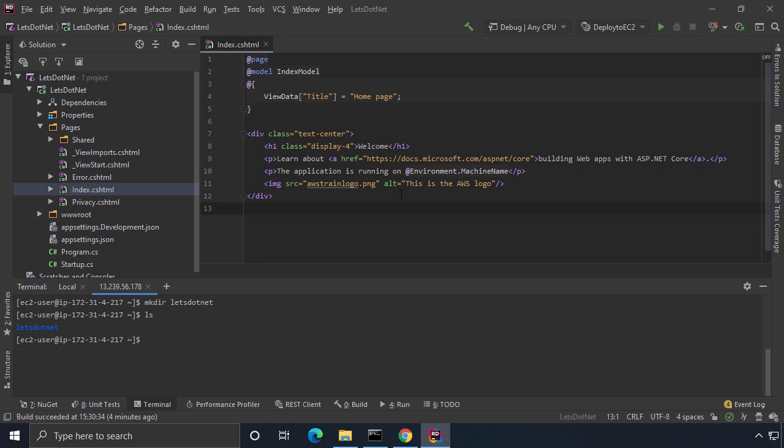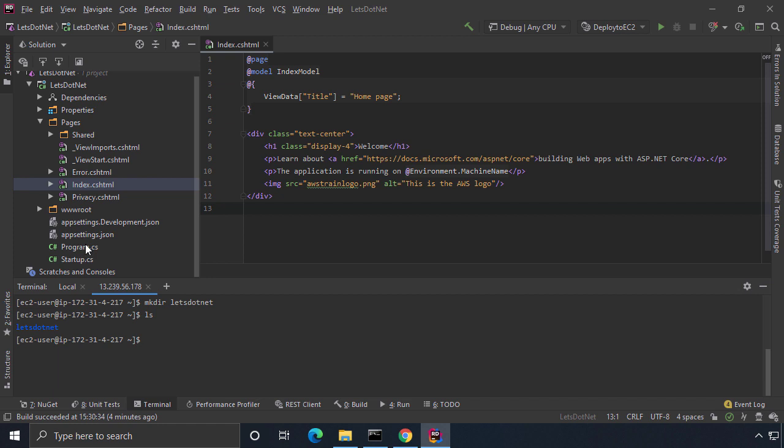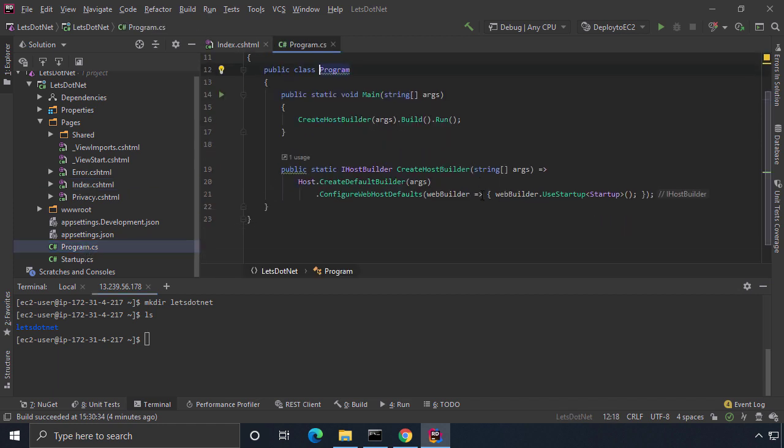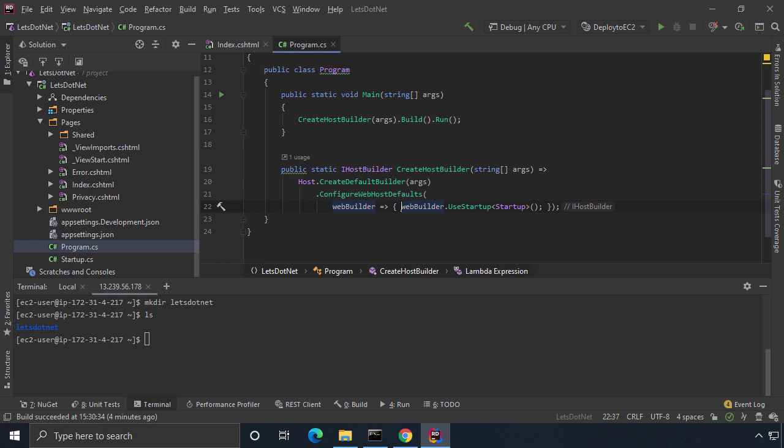Great. Now there's one small thing that I need to do in my application. If I navigate to Program.cs, currently this web application is running on port number 5000. I want this application to run and respond on port number 80. To do so, I need to take advantage of this web builder's UseKestrel extension method. So let's go back here,